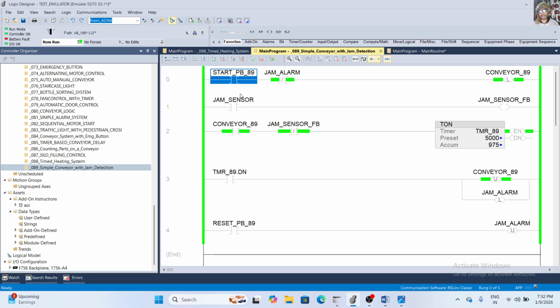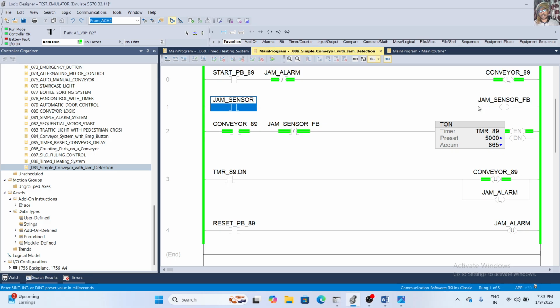When I press the start button, the jam sensor will come, and it will start. When the sensor is high again, the timer will be off. Then the next product will come, and the jam sensor feedback will be high again.